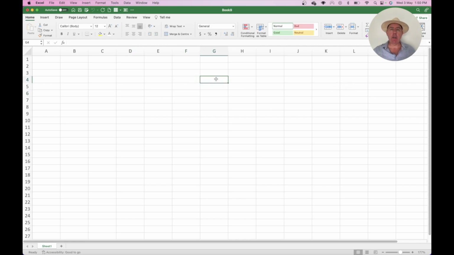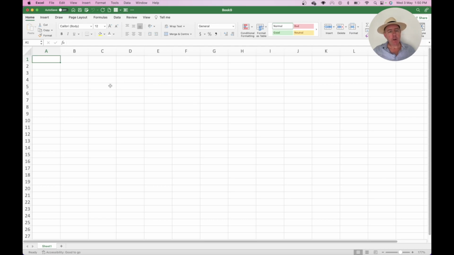And if you click on this cell here, you can see that the intersection is G and 4, and therefore this cell is G4. If you're unsure at all which cell you're in, you can see in the top left here that it's referenced G4. And if I again click on the top one, A1, you can see it changes to A1. That name there tells you which cell you're in, and that's important because you're going to need to know cell references for many parts of functionality, including things like formulas, which I'll talk about as we go through